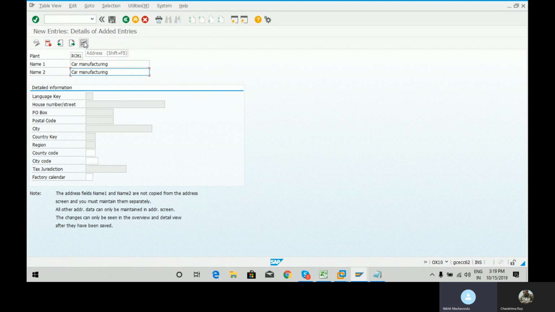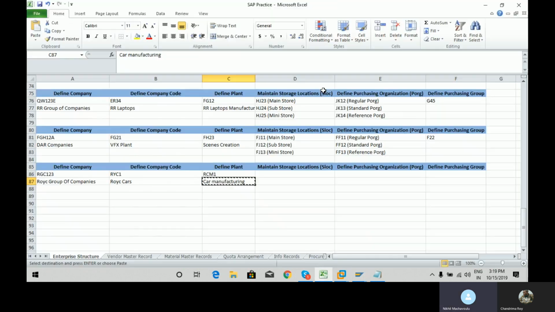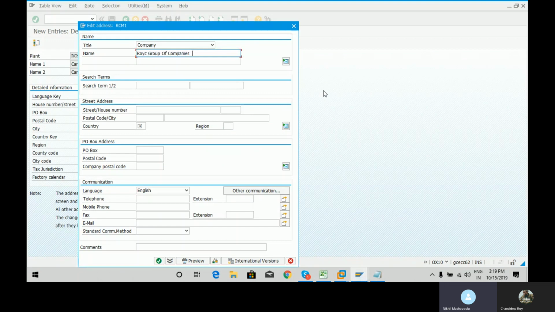Click on the address button over here. Title, company, company name, Roy Group of Companies. Here, car manufacturing. Search term: the system will search by this term. Over here, address, you can give it ABC Street for practice now. In real time you'll have it with you. Denmark,